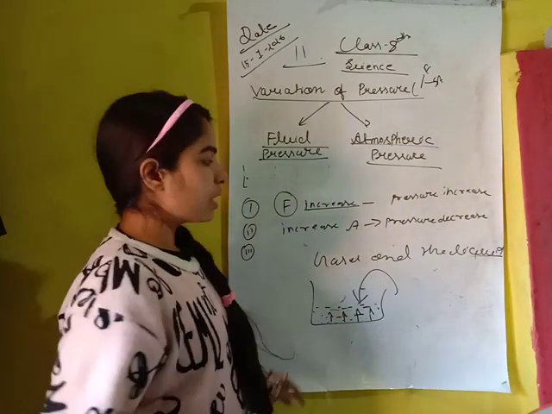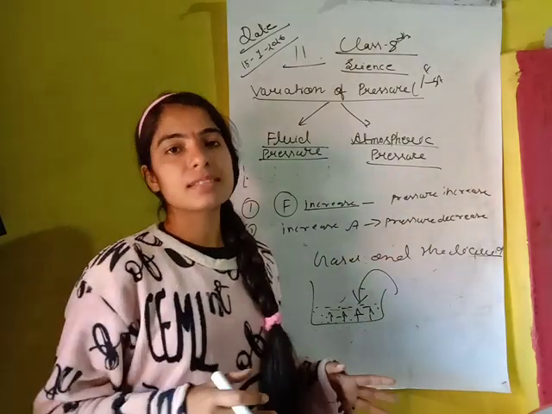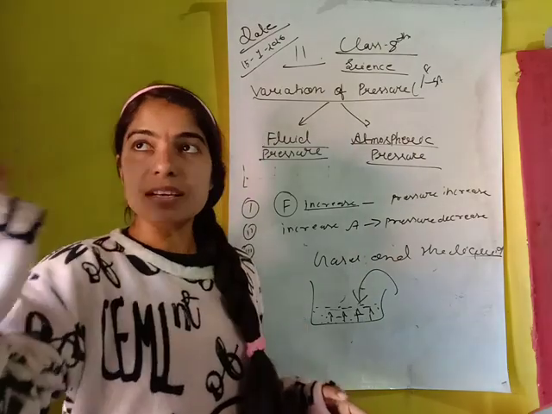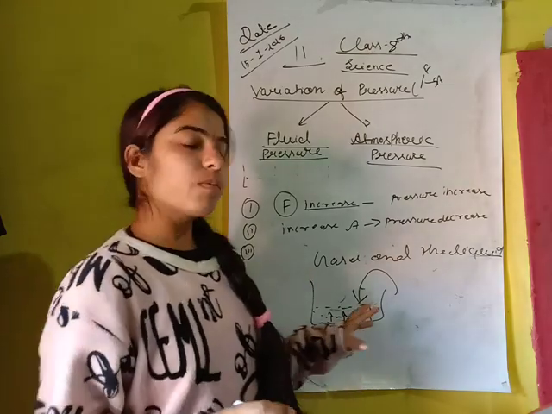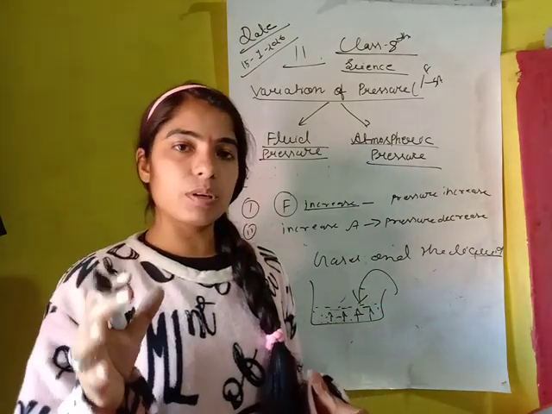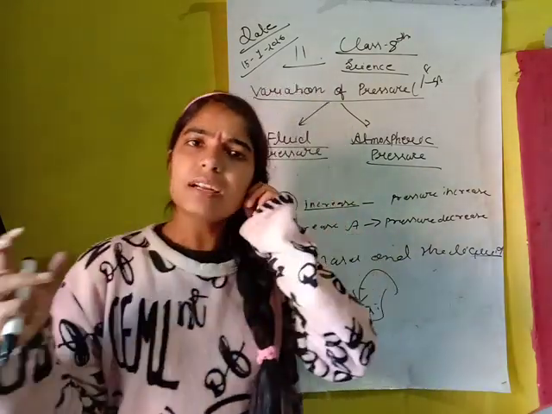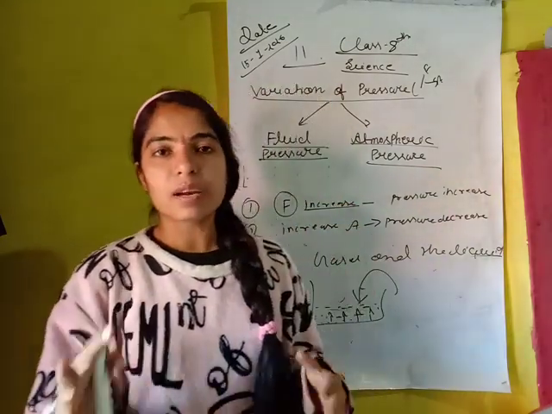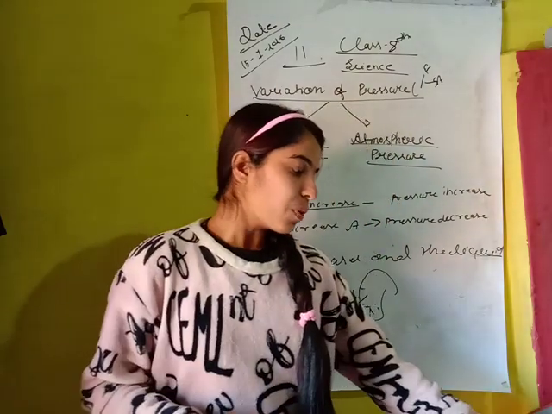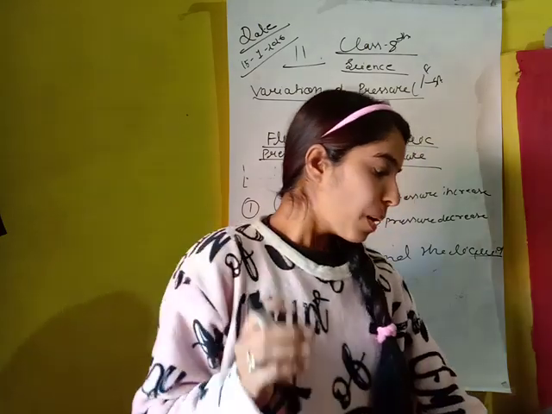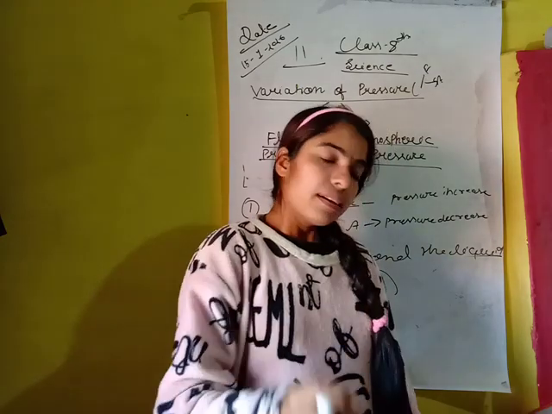Now, what is atmospheric pressure? As you know, we are living on the earth, in an ocean of air. In our surroundings, air is found. So when any object feels pressure exerted by the air, this is known as atmospheric pressure. If you want to define it: atmospheric pressure is defined as the pressure exerted on an object by the weight of the air above it.